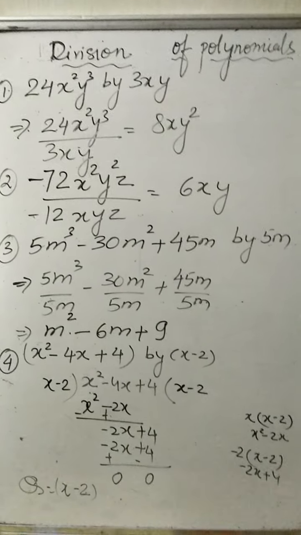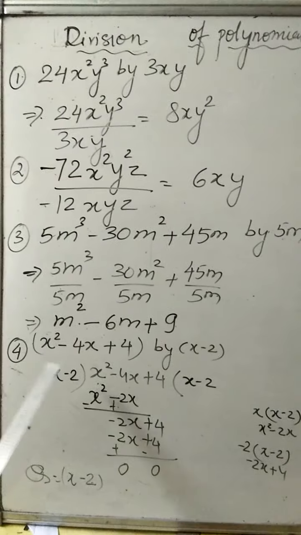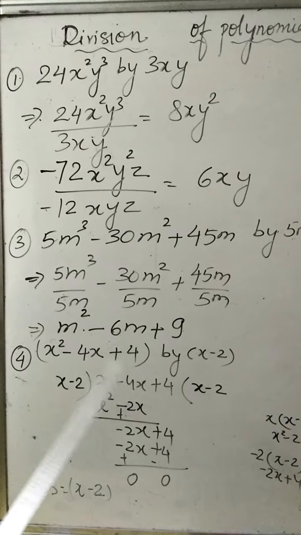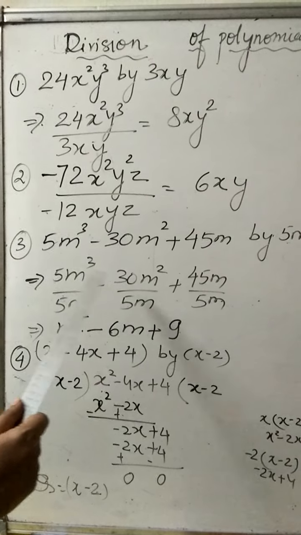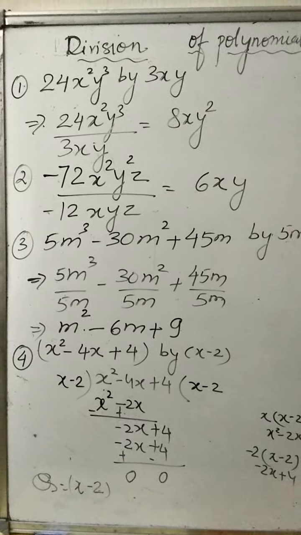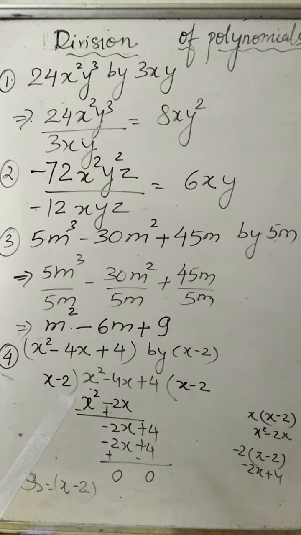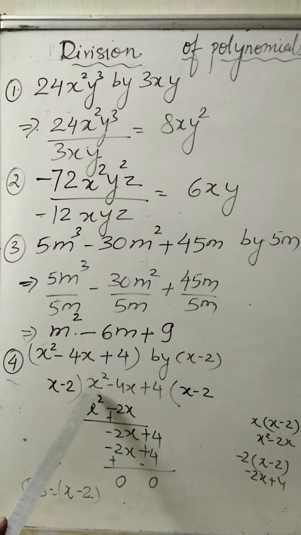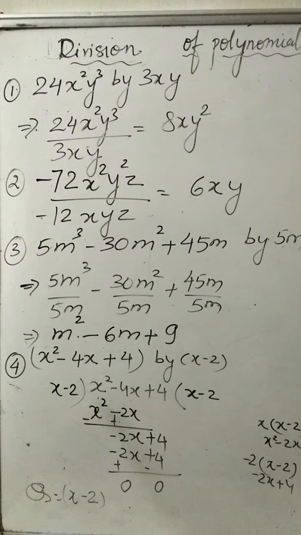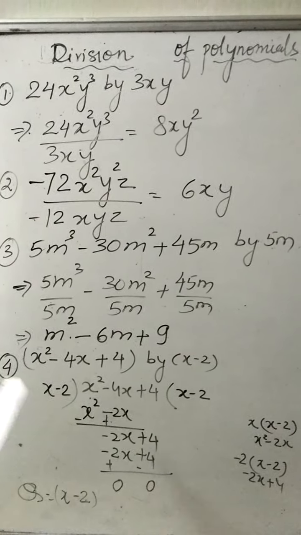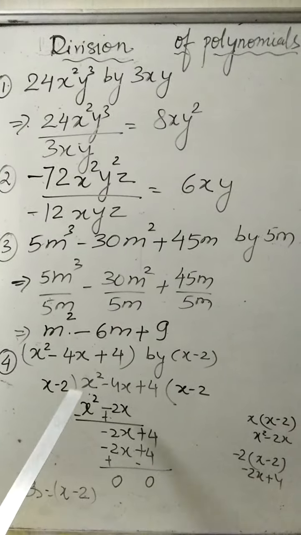Now when you are dividing a trinomial by a monomial, then you have to pay attention. Then the rule is different, you cannot divide in the previous method that we did just now. So you have to divide. Here is the divisor and here is the quotient. Now first of all, you have to see which is the first term. The first term is x square.